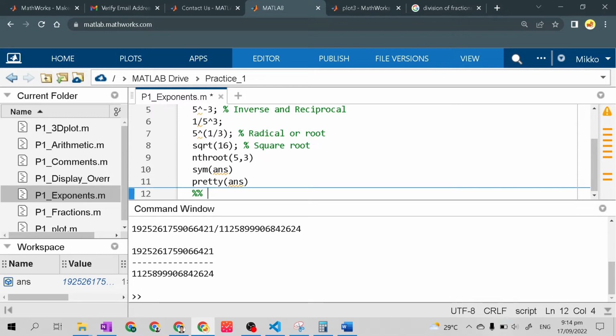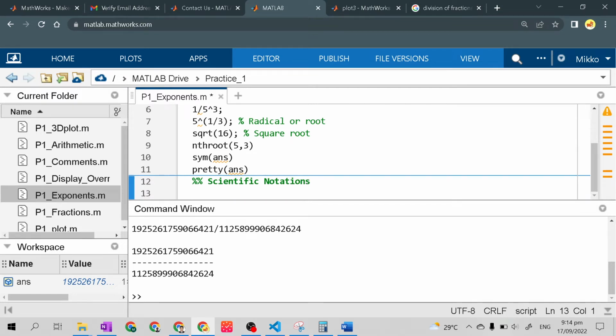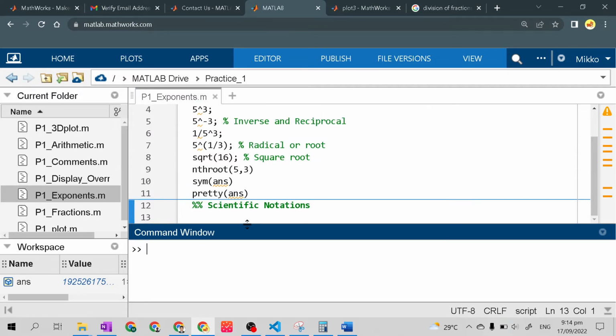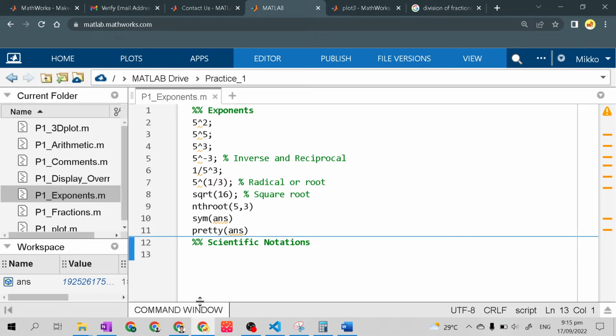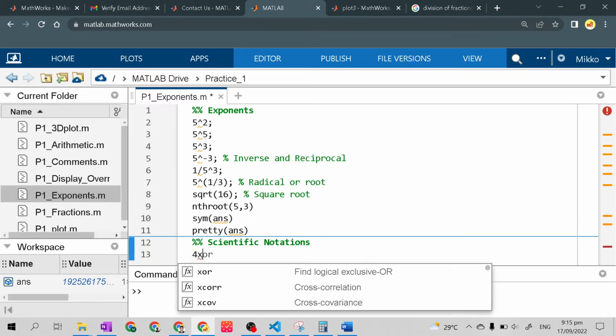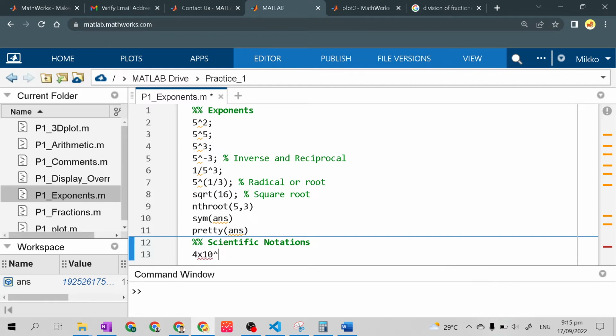Okay, for scientific notations. For scientific notations, you can use the expression. Example we have here, 4 times 10 raised to 5. You can use this expression